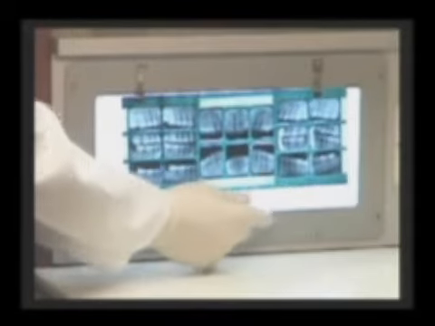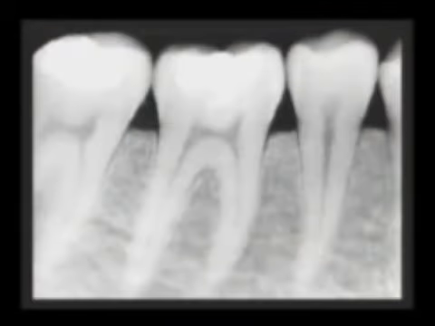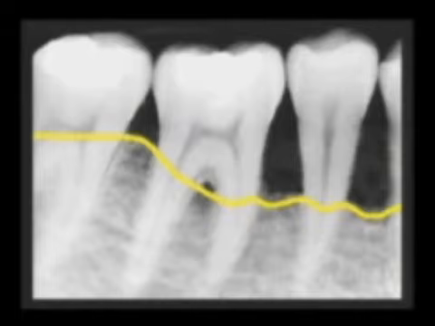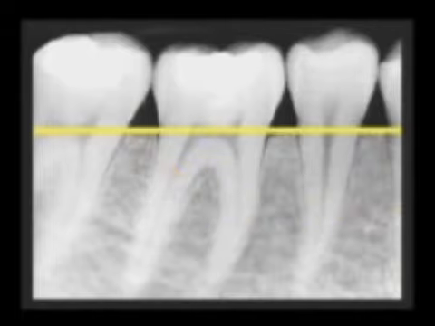The second thing that we do after the measurement is take x-rays. This is a healthy bone level. If we have periodontal disease at the later stages, you can see how much bone loss we have. This may not be apparent when we look inside your mouth, but we have to take some pictures. This is another reason why we take x-rays. If you see that circle, that's where the tartar buildup causes a lot of damage. That's where we need to